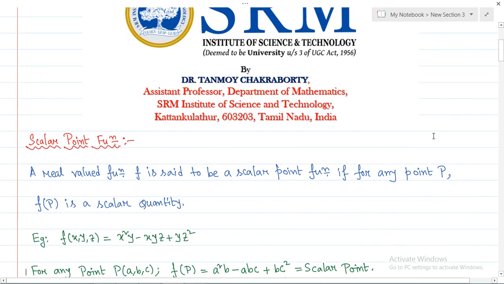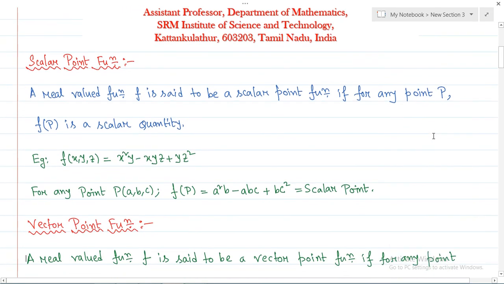Before we start the topic of the gradient, we need to know some basic definitions about two types of function we usually use in vector calculus. First one is known as the scalar point function and second one is known as the vector point function. So what is a scalar point function? A real valued function f is said to be a scalar point function if for any point p in the